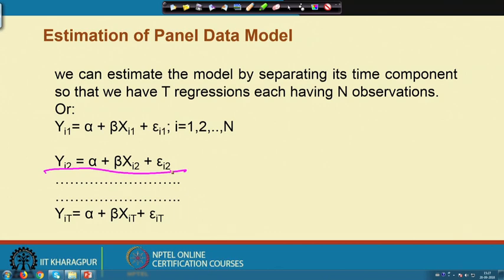So, that means every time we are estimating the particular model with different time periods. Every year we have an estimated model where the sample observations will be cross sectional type. Compared to this cross sectional structure, we can also have a time series structure where, keeping i equal to 1 or i equal to 2, that is keeping the cross sectional component constant, t can vary. So, that means for every cross sectional unit we may have estimated models where the sample will vary with respect to different points of time. So, now what is happening here? If you go ahead with this kind of structure, then we will find